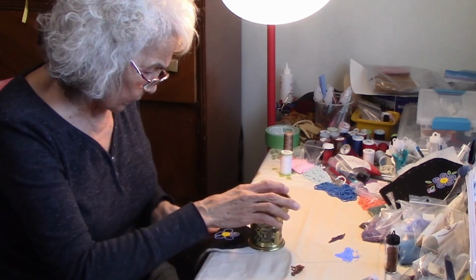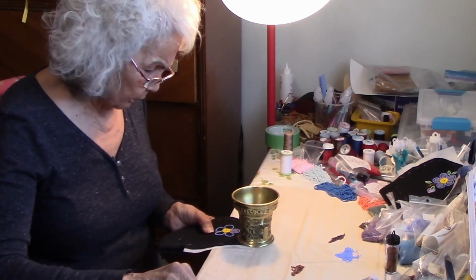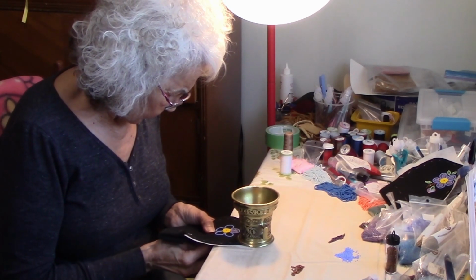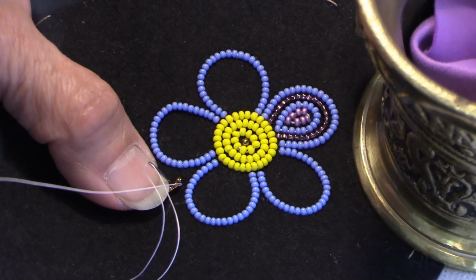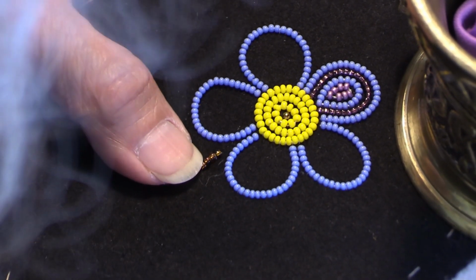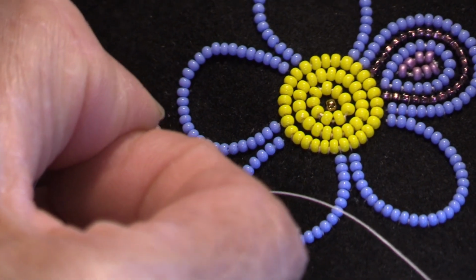This is a little dark color, but you don't want to put a different color on the stem that would take the flower away. You want to keep it soft around it with colors. So I'm making the stem now, not too long, but just